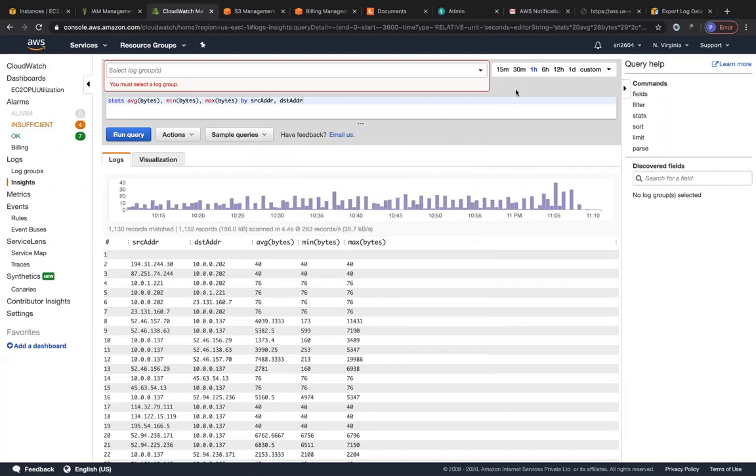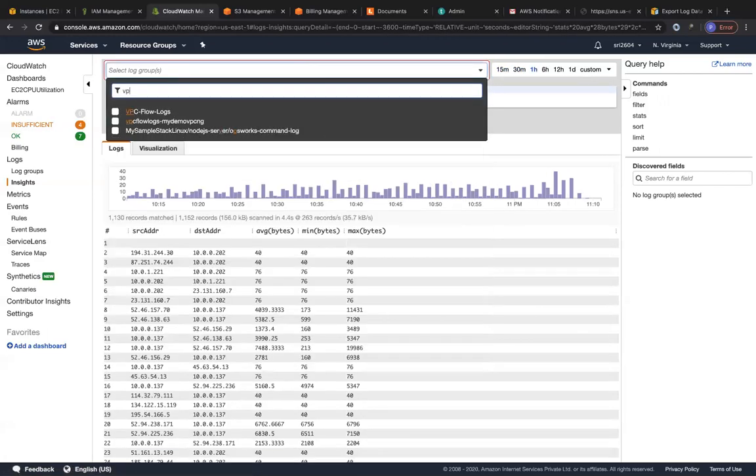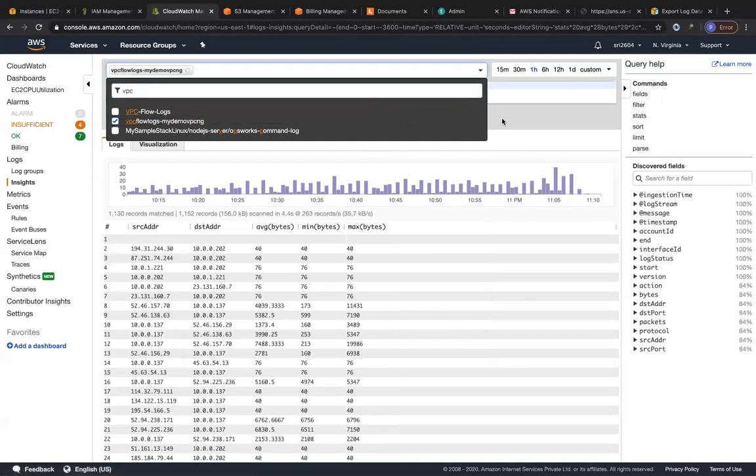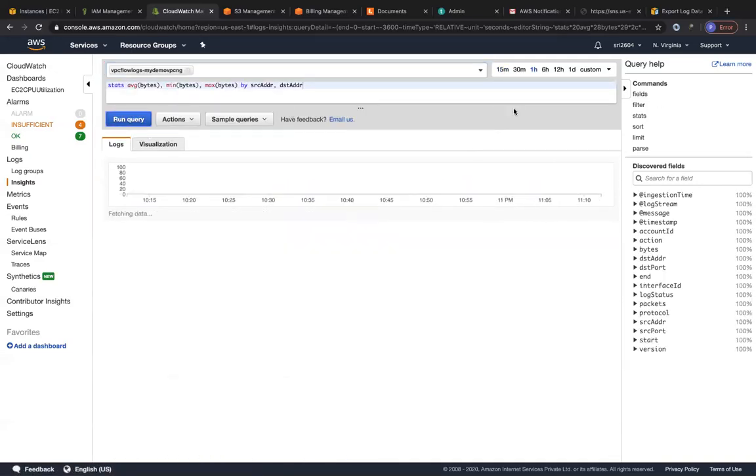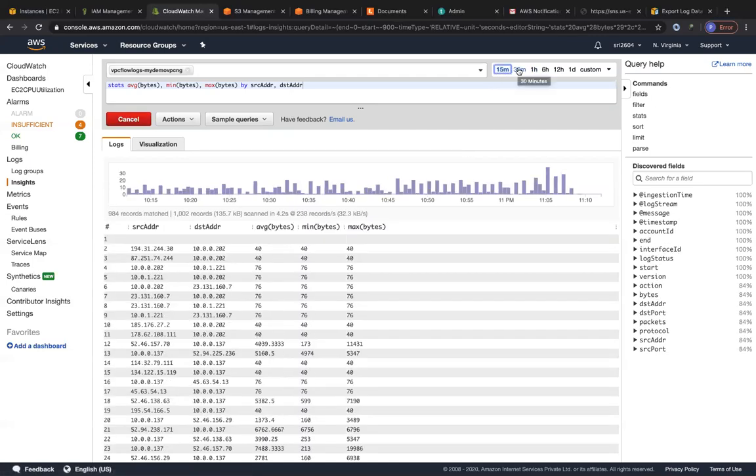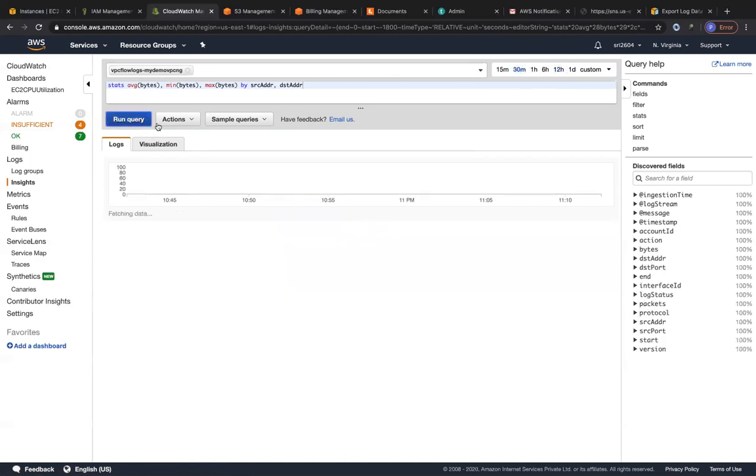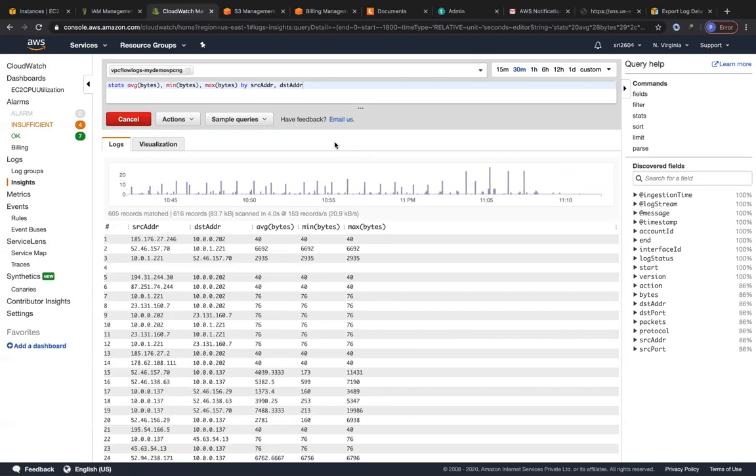So this is a pretty cool feature. You can also check your logs between those respective durations. Let's go back to the VPC and filter based on that. You can run this query again and do it for every 15 minutes or 30 minutes, and it's automatically going to change. So let's go for 30 minutes and run the query. This is the data that has come out in the last 30 minutes. This is a pretty cool feature.